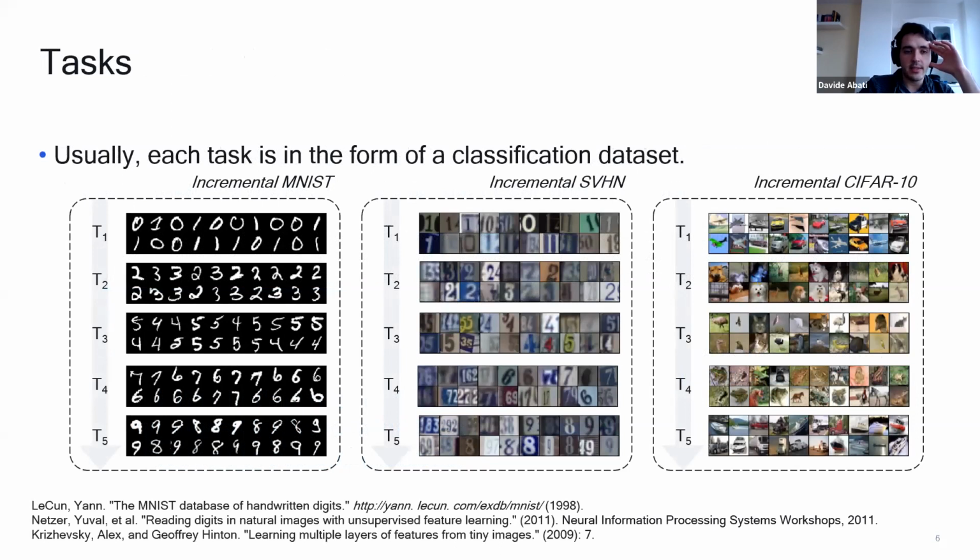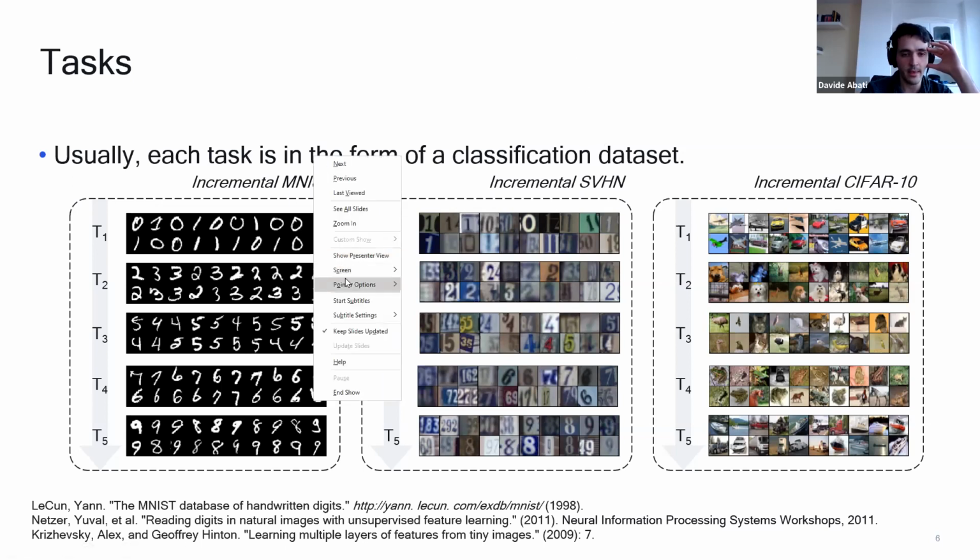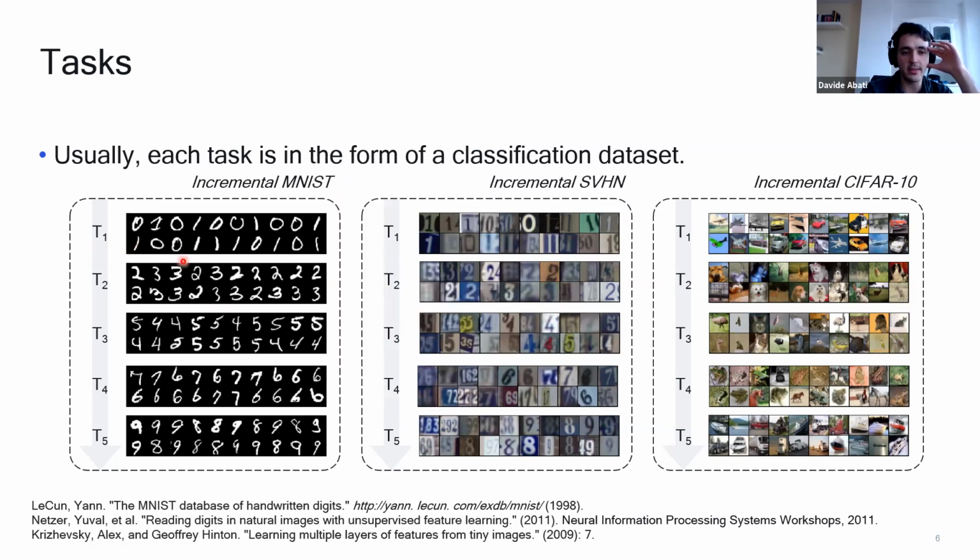So I'm talking about tasks, and I should elaborate a bit more about what I mean. Usually in research papers, tasks take the form of classification problems. What people typically do is take a classification problem like MNIST, SVHN, CIFAR10, or ImageNet, and split the classes into multiple sub-classification problems. For instance, MNIST is a 10-way classification problem, and I may split it into 5 binary classification problems that are observed sequentially. And in the end, the test set will be composed of all tasks.